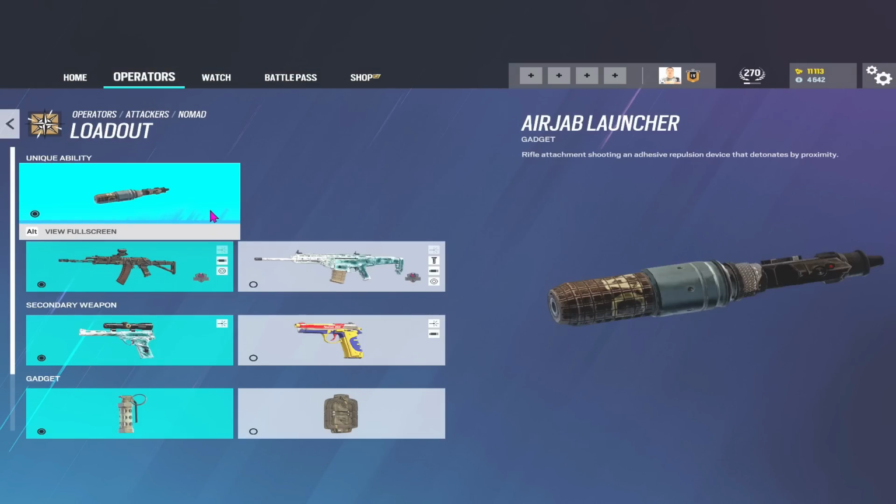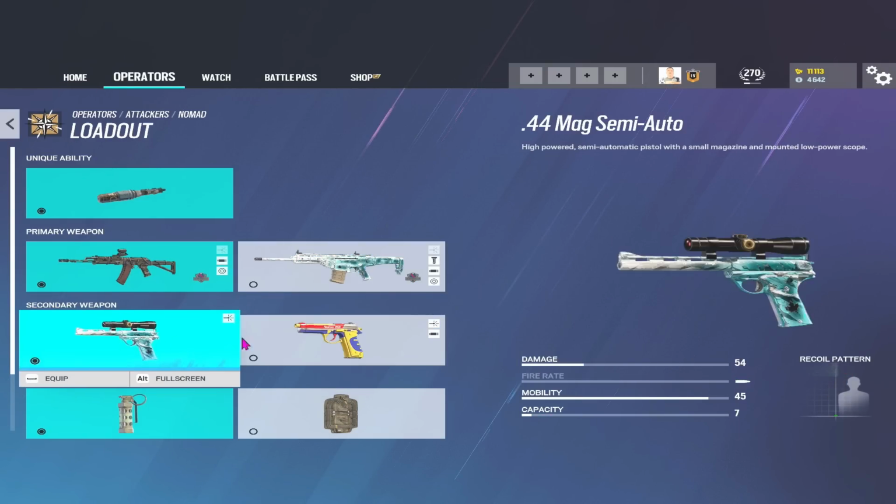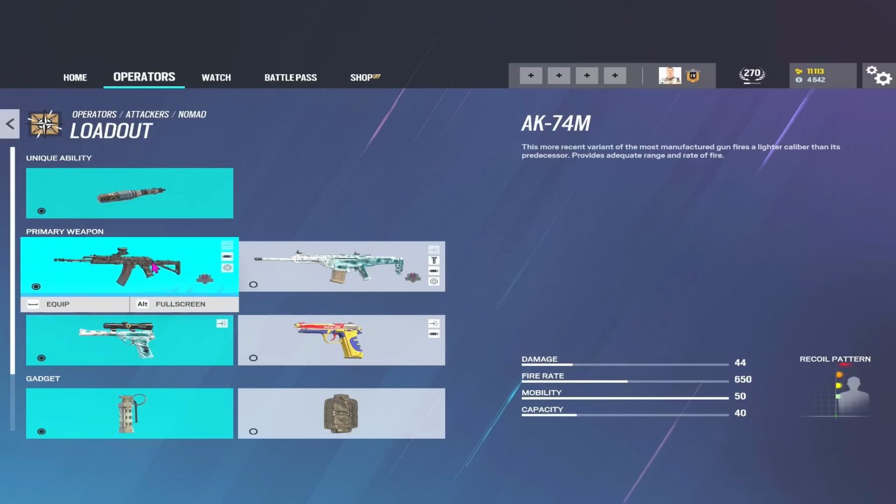Nomad, this is an interesting one because there are two very viable guns on attack. I run the AK because I think that the ARX is a little bit light on the capacity front, especially because their sidearms aren't the best. The AK as well, by the way, has more